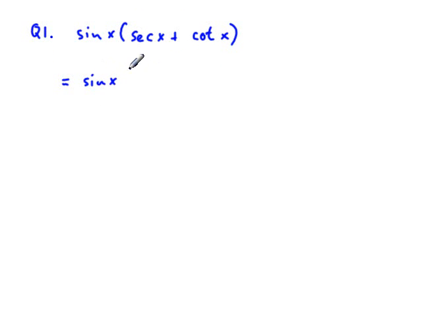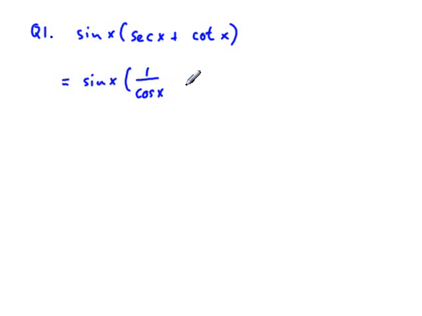So question 1: sine x times secant x plus cotangent x. And that's going to be sine x times, and now I'm going to use the reciprocal identities,